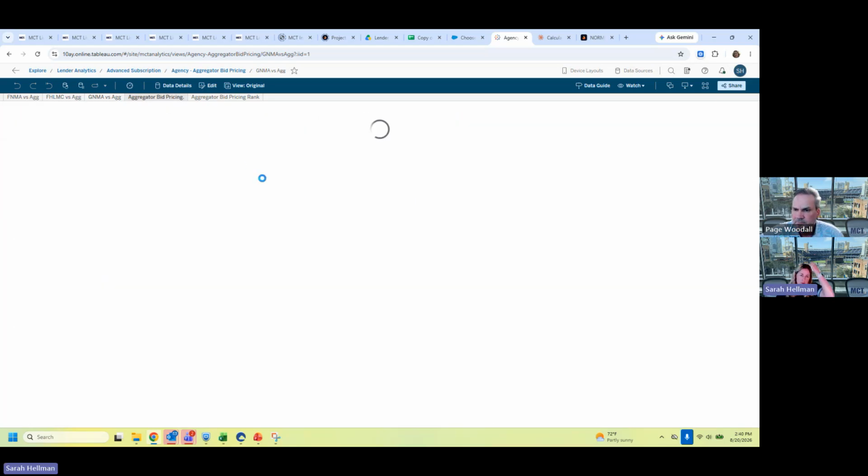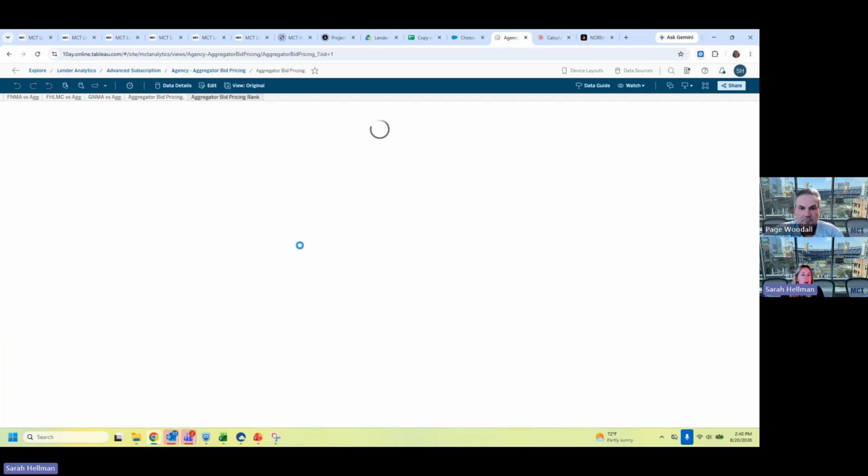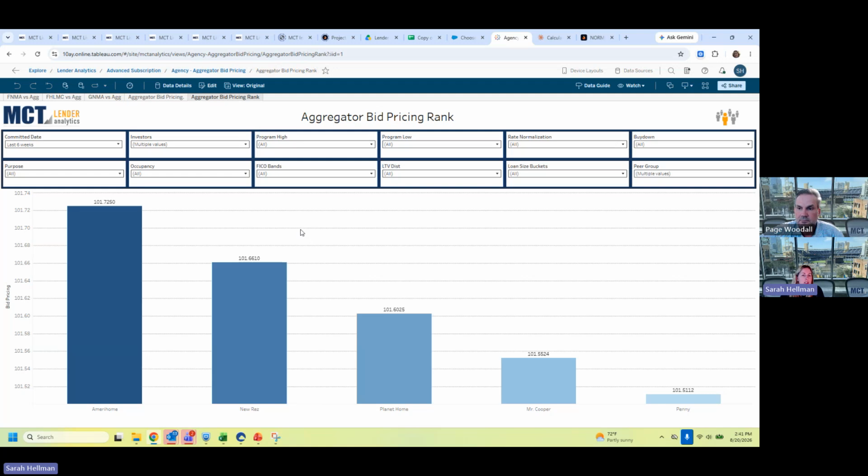It also has a couple other dashboards in here where you can see individual aggregators graphed out pricing wise and ranked wise. The Essentials tier has some great investor ranking data available as well. So I'd probably recommend using some of those other investor ranking workbooks rather than this particular view, but you've got this available if you wanted to. Then along a similar line,